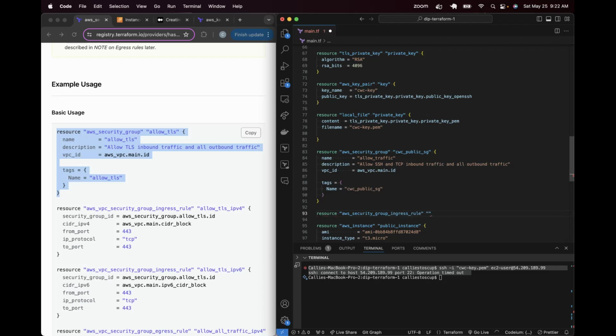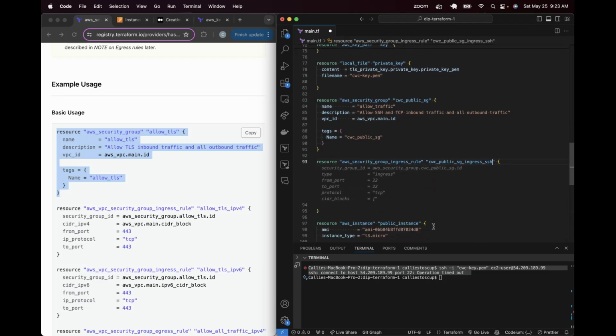And then we are going to say coding with Callie public security group ingress. And let's start with SSH. All right, so the security group ID is, yes, aws_security_group.coding_with_callie_public_security_group.id, type